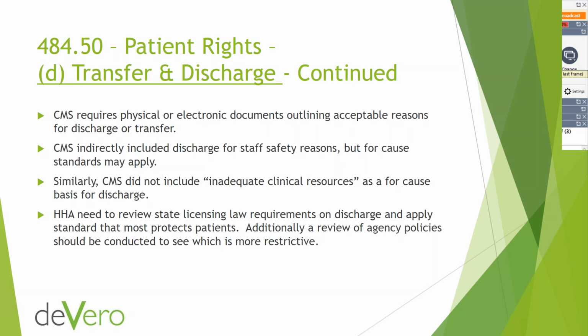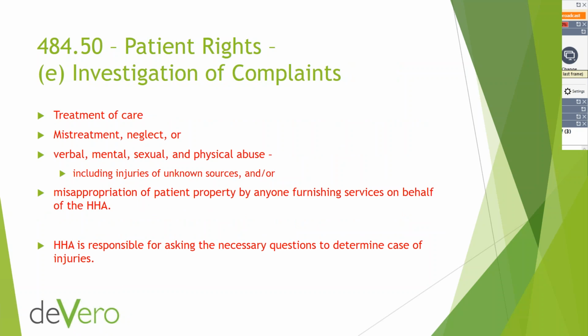And additionally, a review of the agency policies should be looked at to see which is more restrictive in analyzing conditions of participation. The focus on investigation is a significant concern of CMS. You must document all the different steps that your agency has done in the process of an investigation for the